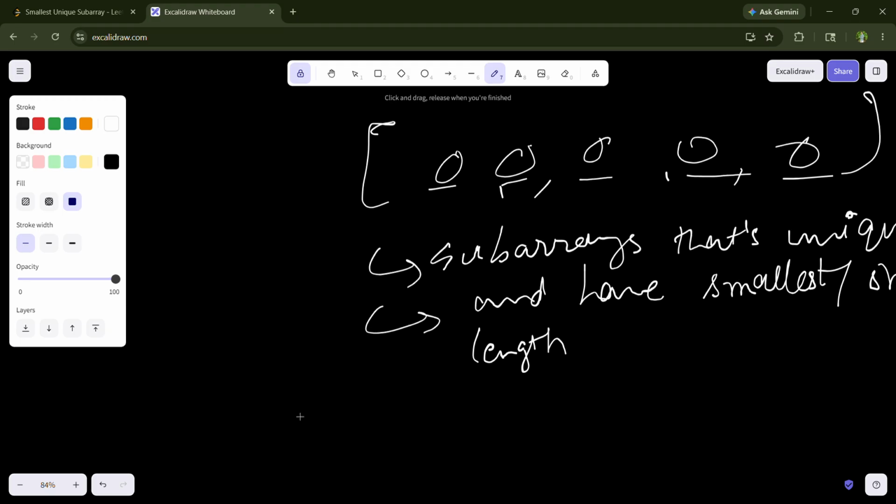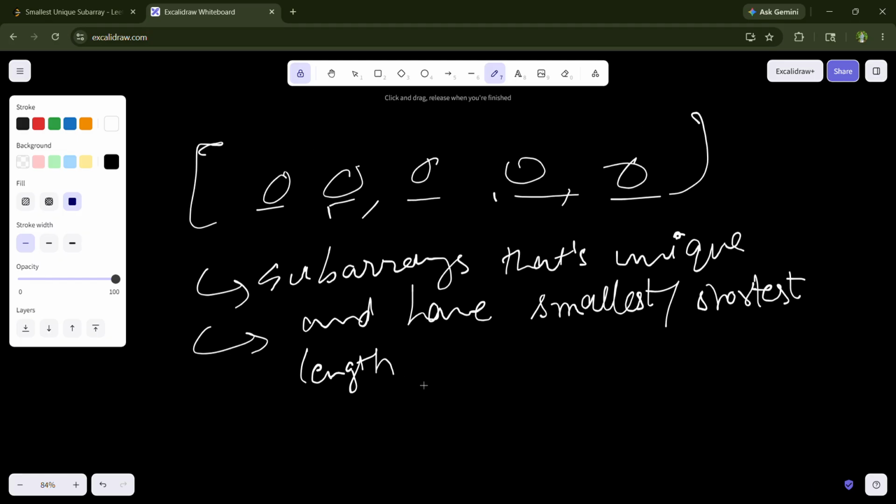So we have these two conditions that are required. But the solution is